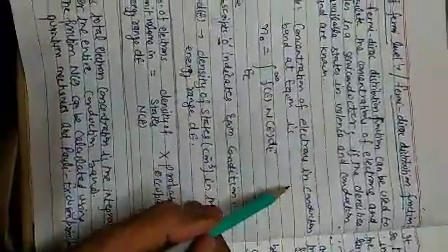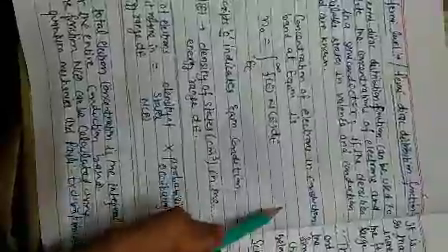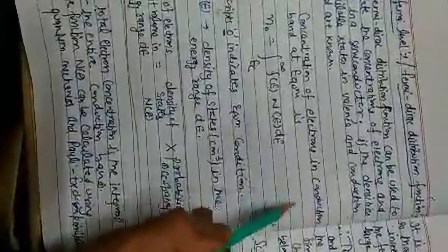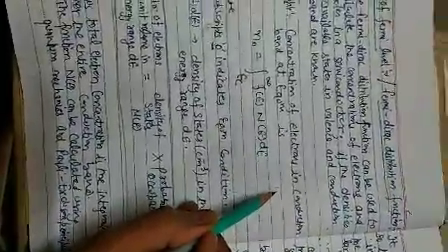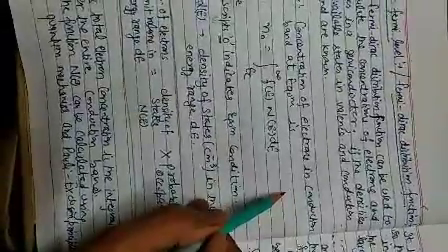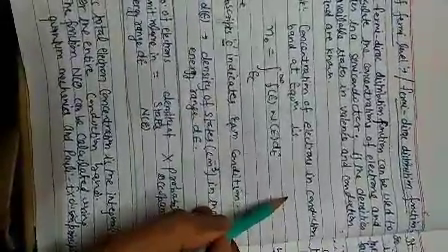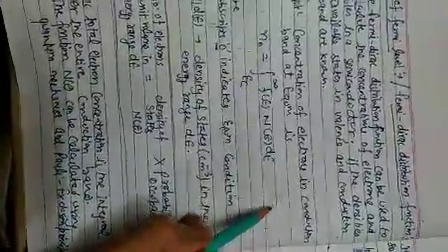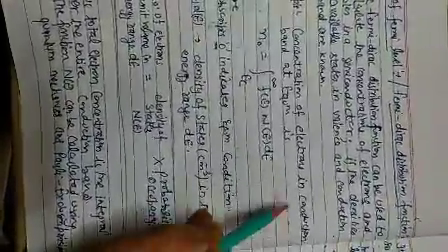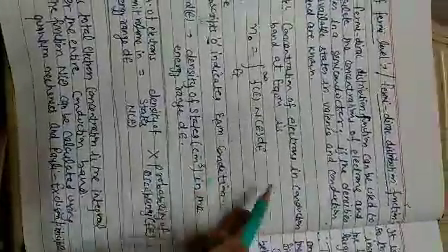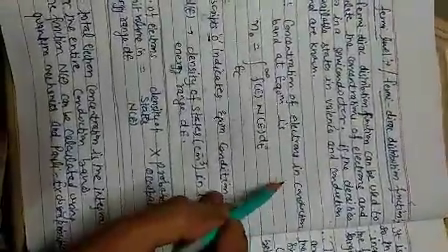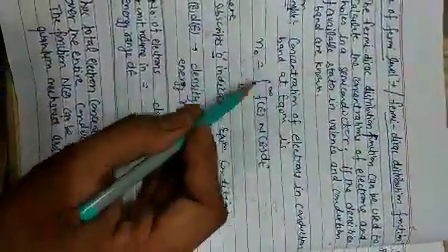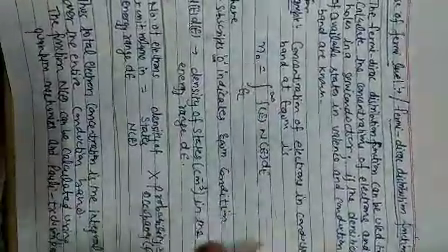Now let us suppose this is our conduction band, or you can say this is our semiconductor. In the semiconductor we are talking about a particular conduction band, and we are trying to calculate the overall concentration of electrons in the energy range dE. Now to calculate the overall carrier concentration within this conduction band, we need to integrate within the limits of this conduction band. So the conduction band starts from EC and goes up to whatever the upper level is. That's why we calculate the concentration of the electrons from EC up to infinity. Infinity means whatever be the upper limit of this conduction band.